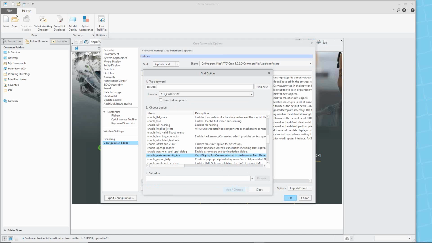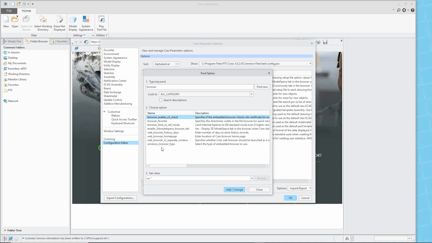So I'm going to go in and type in browser. So you don't have to know all of the information. You simply have to know one of the words. And the word doesn't even have to be in the name of the configuration. It can actually search in the description as well. So although it may not be part of the name, it may be in the description, just search for that